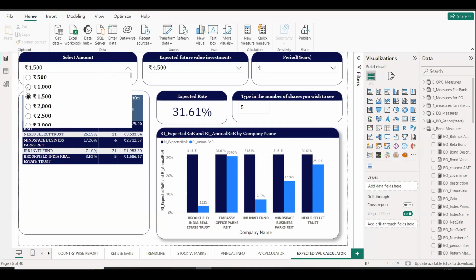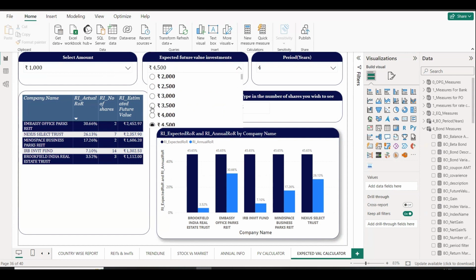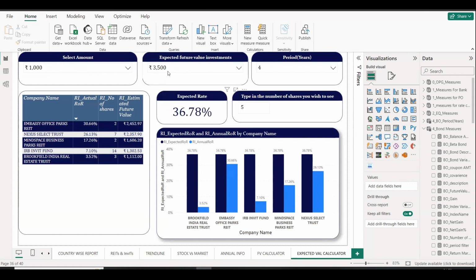Here you can select the amount that you have in hand and how much you expect it to grow in future. For example, I have 1,000 and I expect it to grow to 3,500 in a period of maybe 3 years. So this you can see that the highest